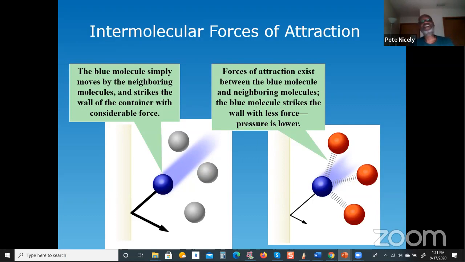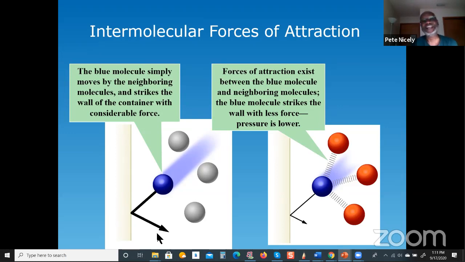As we said before, in the case of an ideal gas, there are no intermolecular forces between the particles. So if you focus on one particle hitting the wall of the container, it will do so without being affected by any of the surrounding molecules. On the other hand, in the case of a real gas, because of the intermolecular forces between this particle and the surrounding ones, they'll have a greater pull on that particle, and therefore it will not be as free to hit the wall of the container with the same force as it would have been in the case of an